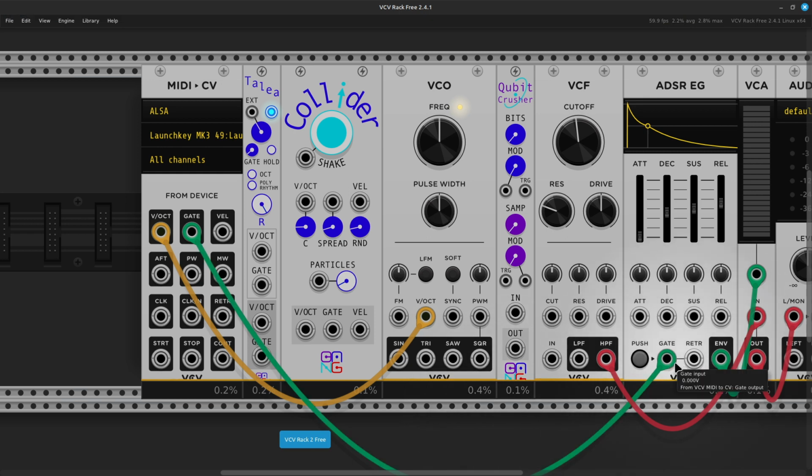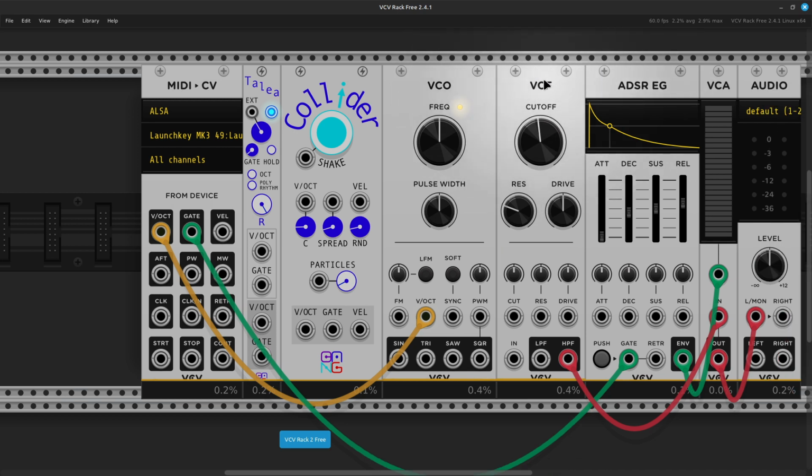Let's see, the gate's still hooked up to the envelope. Good. I think I will just delete it so it's not in the way here. I'll leave the filter here in case we want to use it. Let's see. So pitch is okay. What I want to do next actually